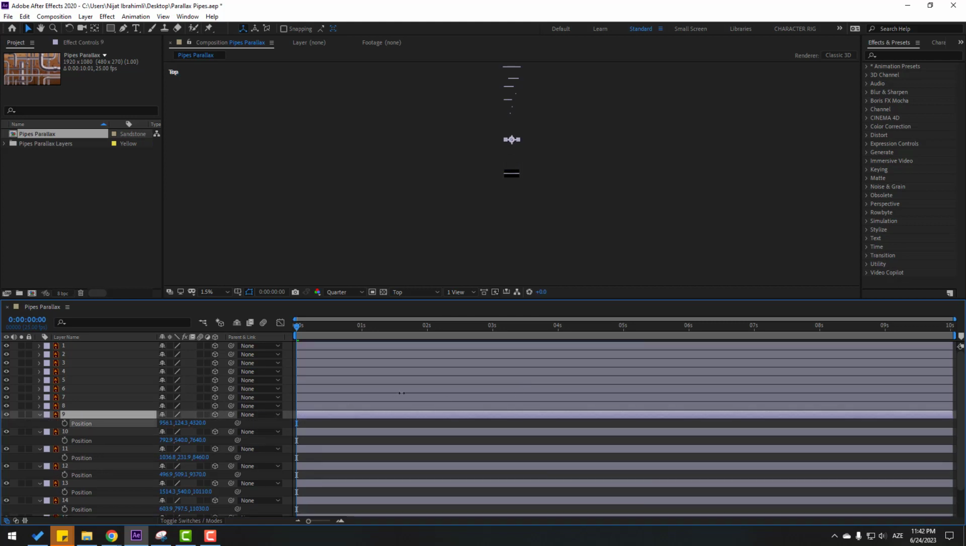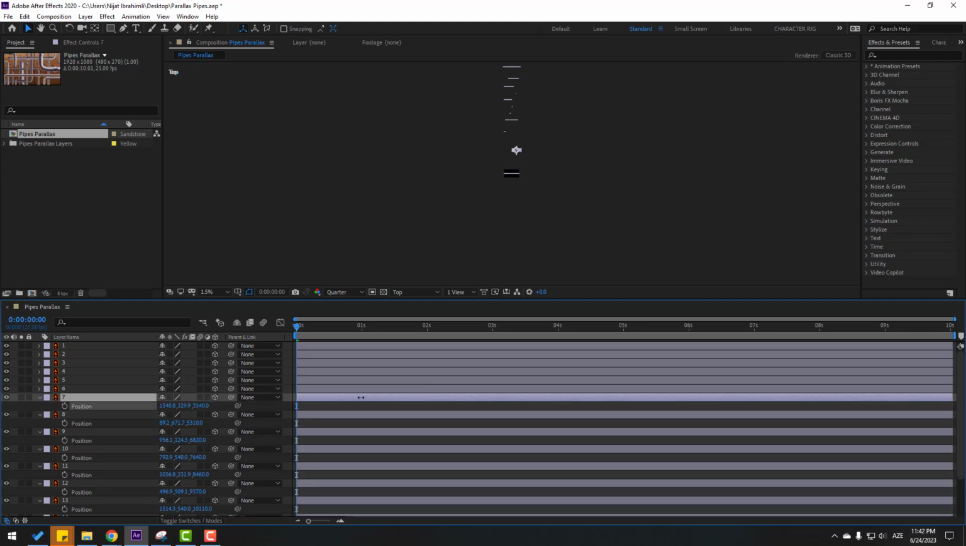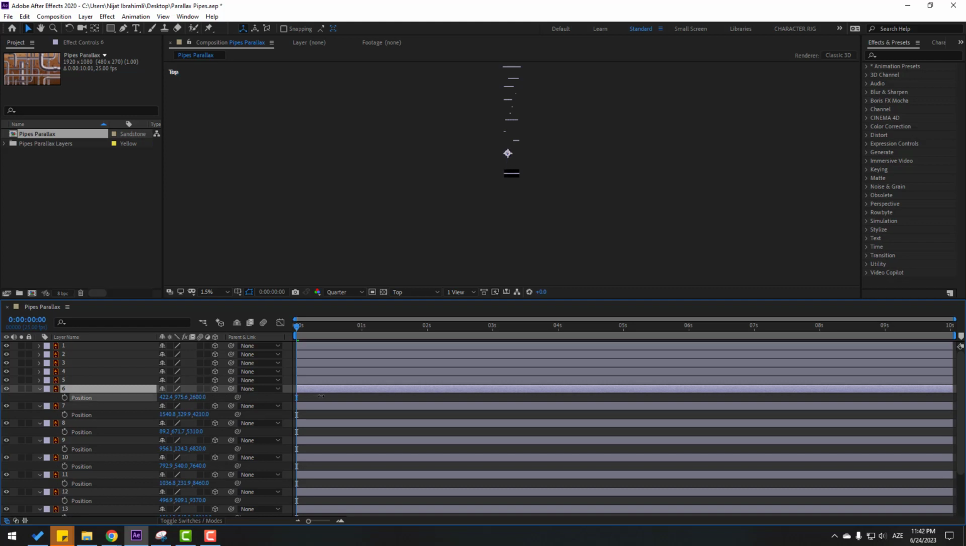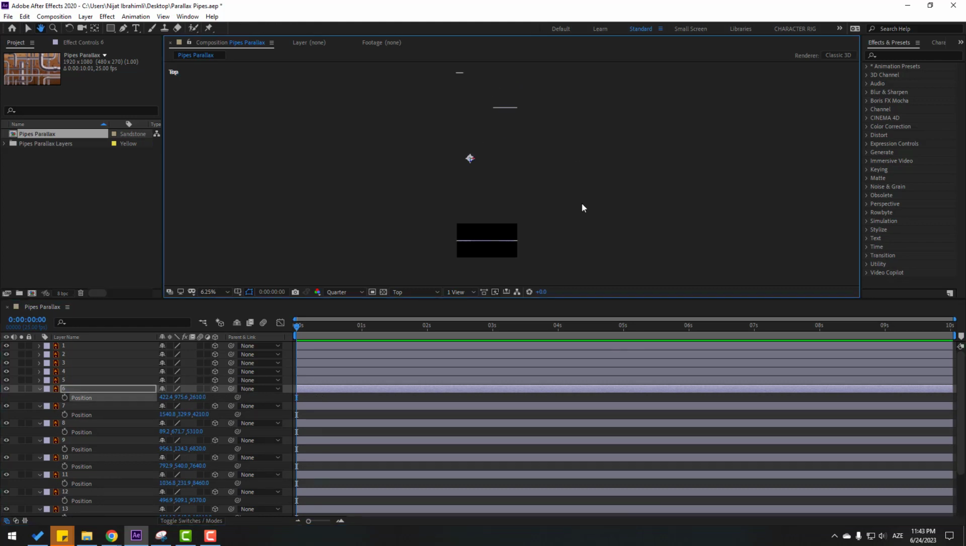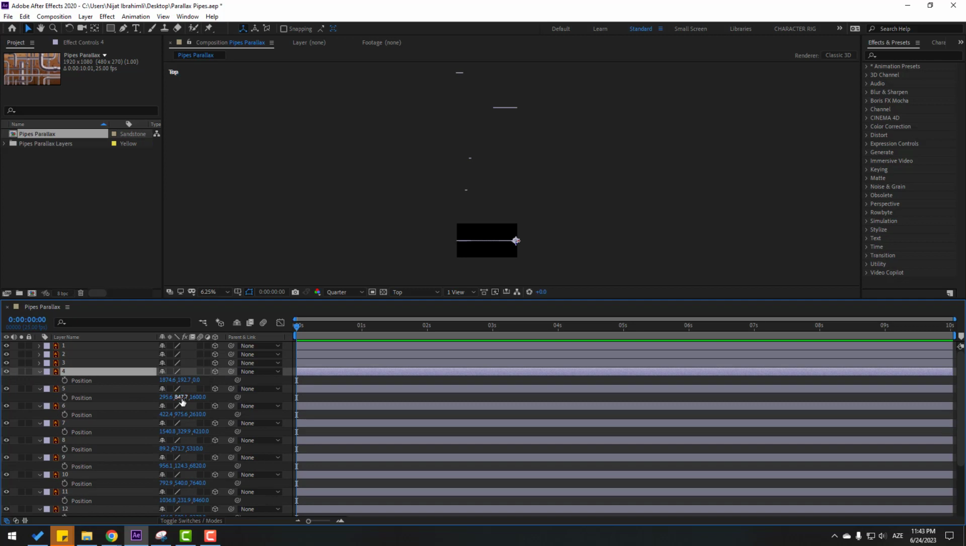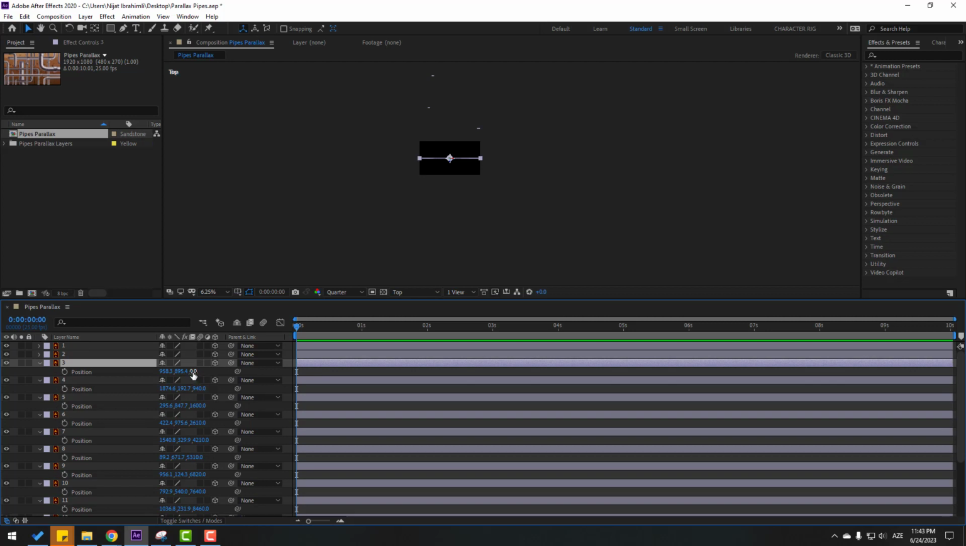9 also move to back, and layer 8 press P, move to back, and layer 7 press P, move to back, and layer 6 press P and move to back. Let's zoom to here, and layer 5 press P and also move to back here, and layer 4 press P, move to back. Right now select this layer 3, press P and let's move to here, and layer 2 press P,